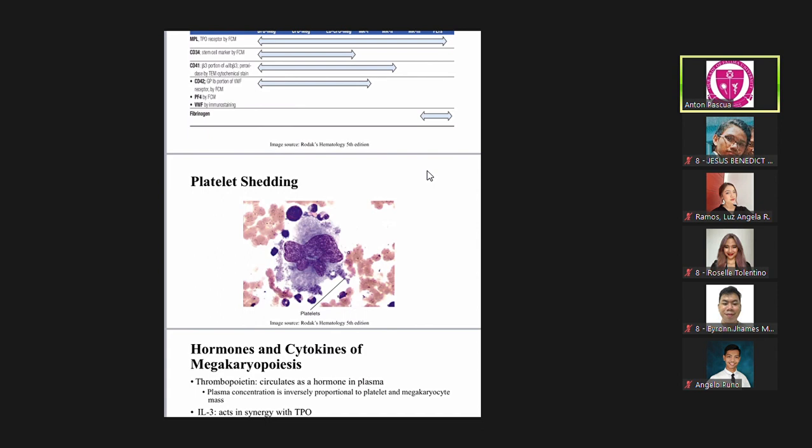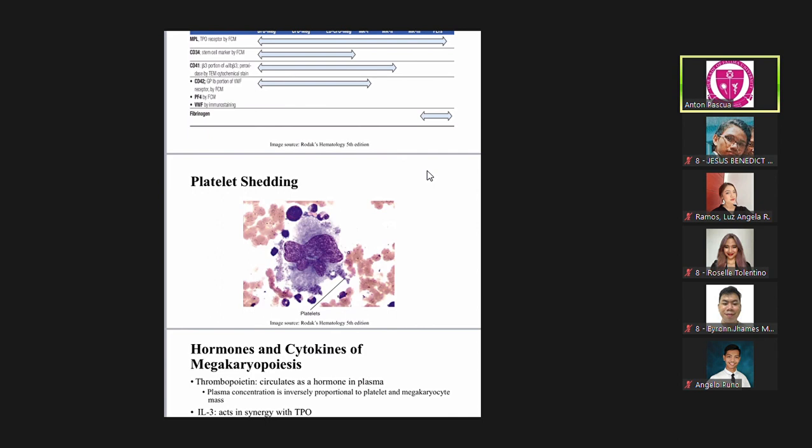That's the actual term actually. Yung shedding out o parang nilalabas ni megakaryocytes yung platelet natin. Okay? Then again, as mentioned, once your megakaryocytes have released all these platelets inside, it will leave your megakaryocytes naked that will then later on be removed or consumed by your phagocytes